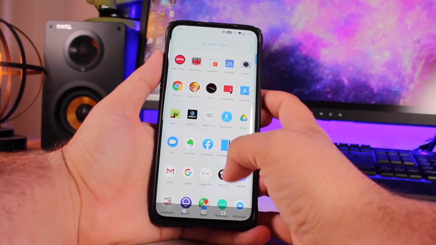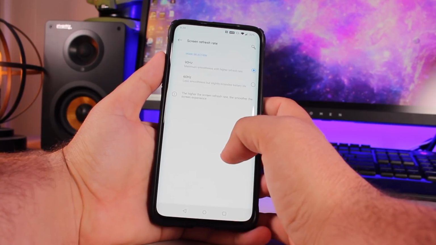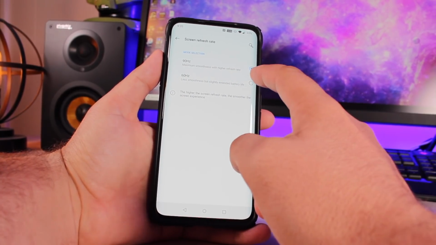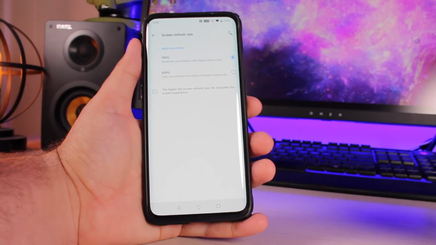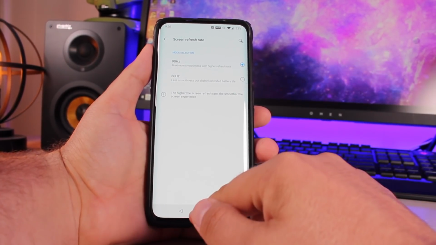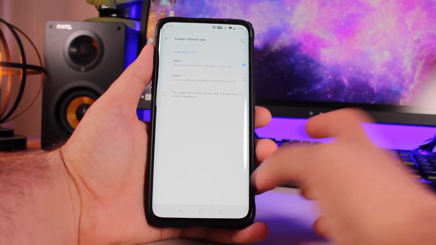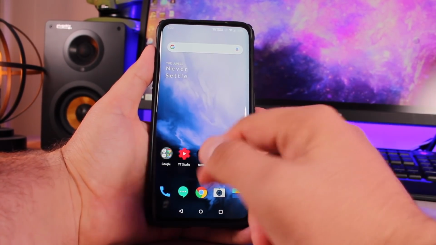That being said, if we jump into the settings and we go to screen refresh rate, I have it set to 90 here, but the only thing about this is not every application works with the 90Hz setting. So in order to turn this on for every application, we're gonna run a simple ADB command, but I'll show